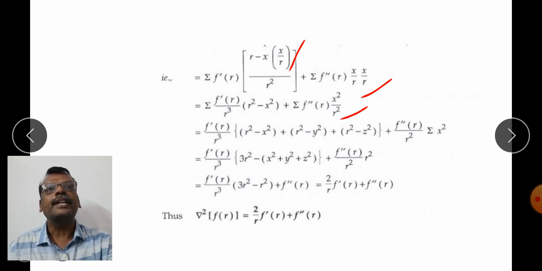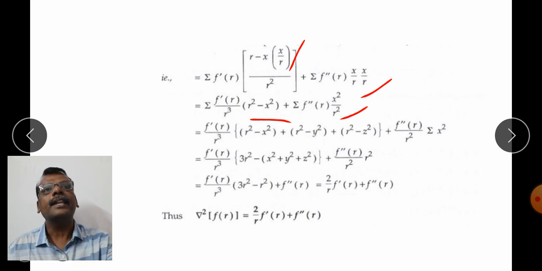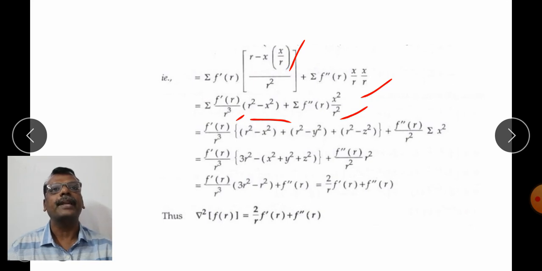Here r square taken as LCM, r into r square minus x square by r square, and we take the division outside: summation f dash of r by r square into r square minus x square over r, so combining these two, r cubed is there, r square minus x square, plus summation f double dash of r into x square by r square. Now adding the three terms, omitting the summation, we get